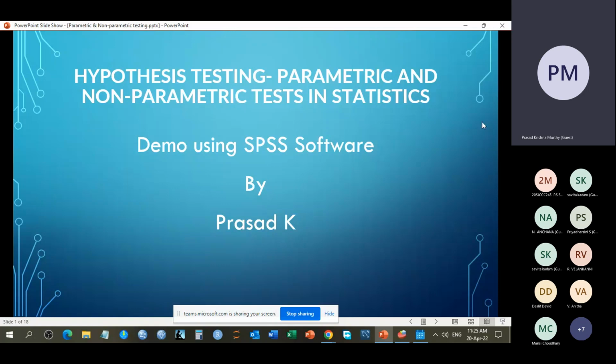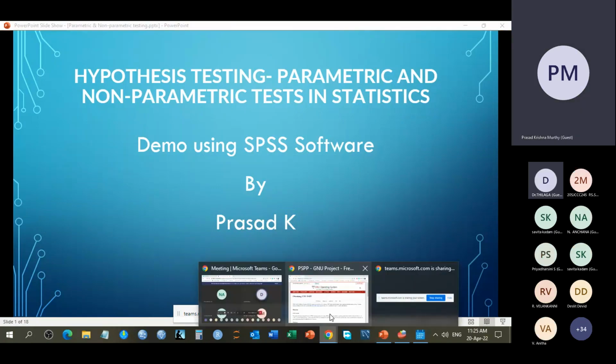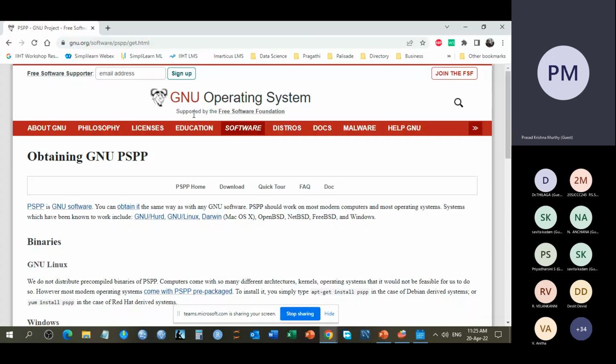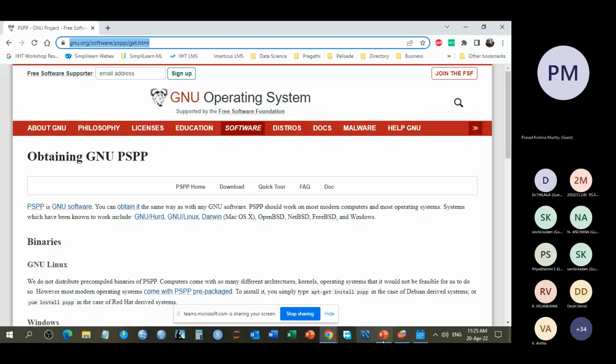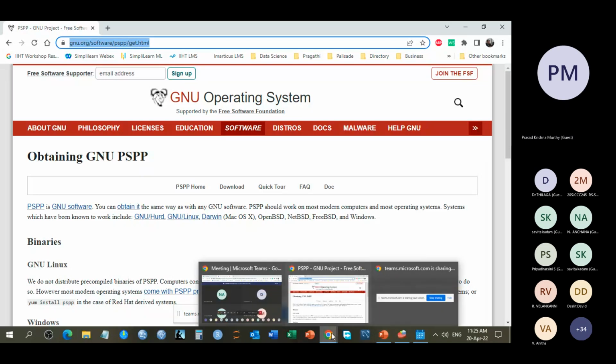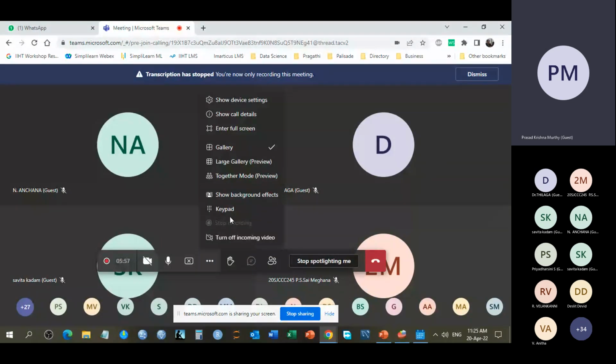Ladies and gentlemen, I would like to know, do you have SPSS software with you? Yes, sir. Do you all have? If you do not have, then kindly install this software called PSPP, which has a similar interface and look and feel like SPSS. And let me post the link to this